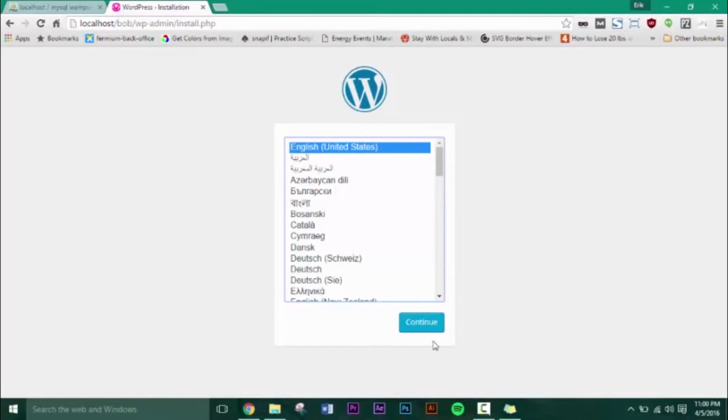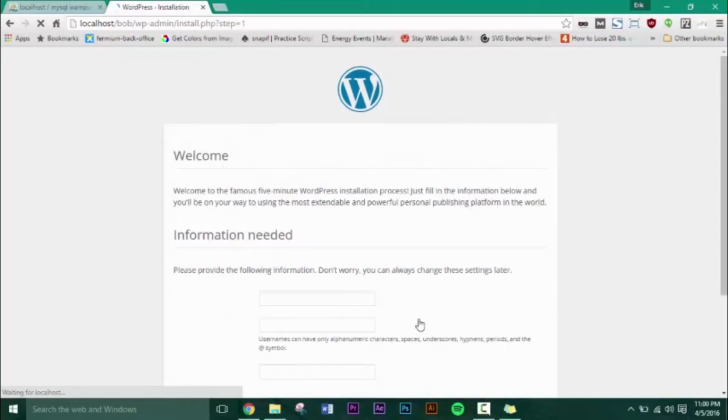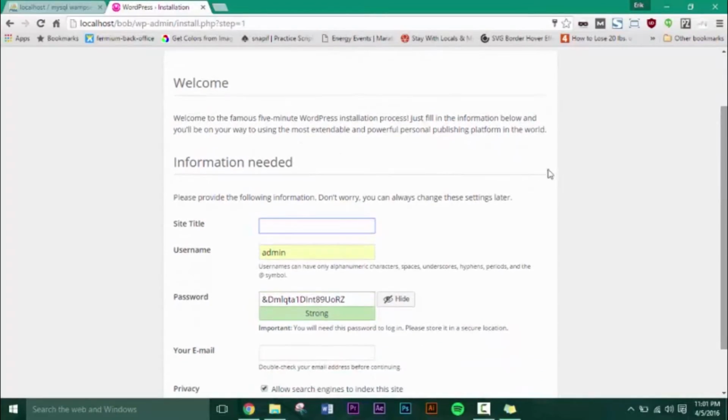So here we are with the WordPress installation. Choose your language, continue, and this is where you can set your password. Okay, so site title, we'll do Bob is